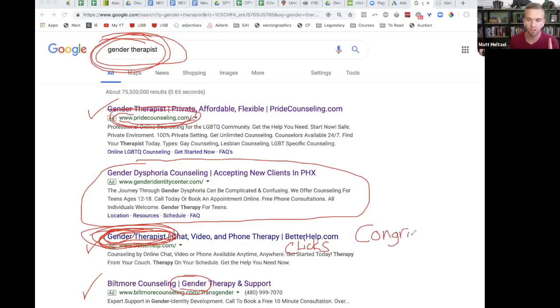congruency. Many of you have been on a lot of my calls or seen a lot of these. What do I always talk about? Congruency, right? So there's a reason that we place this phrase, and I include accepting new clients in Phoenix because what? Everybody who calls into a counseling firm has a hard time getting on the schedule. They're booked 2 months out or they're completely full. They can't get in. The first thing we want them to know is accepting new clients. We want them to know that right away.